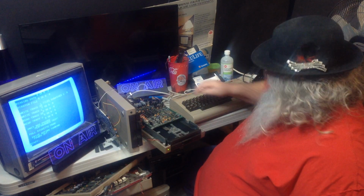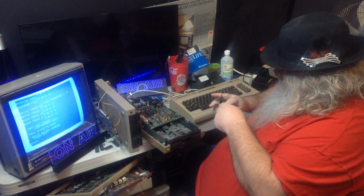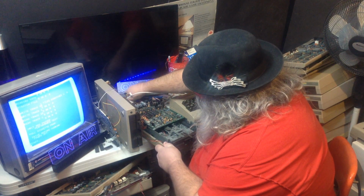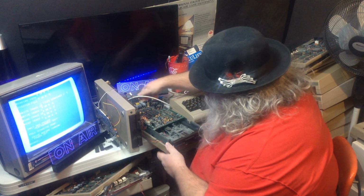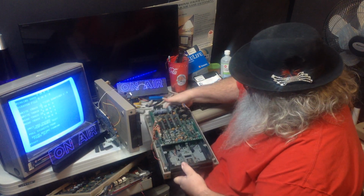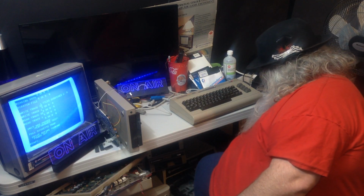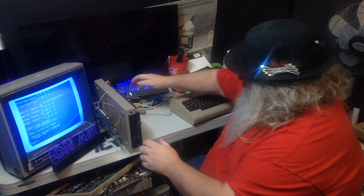Okay, so that has worked, that is fine, that is dandy. I knew it would be, but better to give it a test. Let's see what's what. Oh, okay. So now, I'm going to get this test disk drive right out of the way. I'll just set it down here. Ooh. On top of another disk drive. Alright, now I gotta be careful